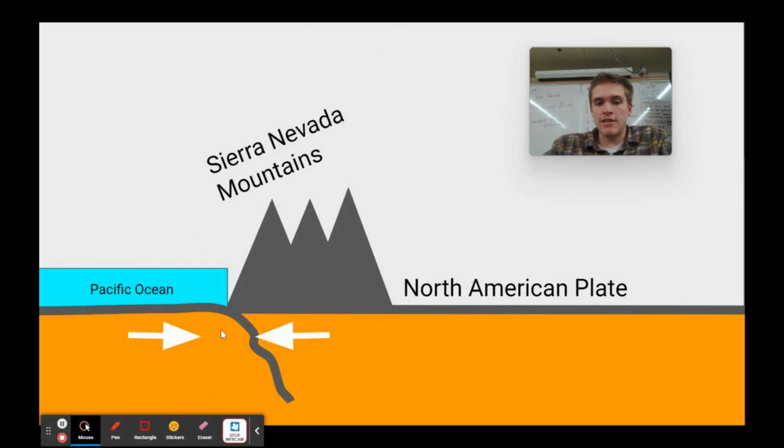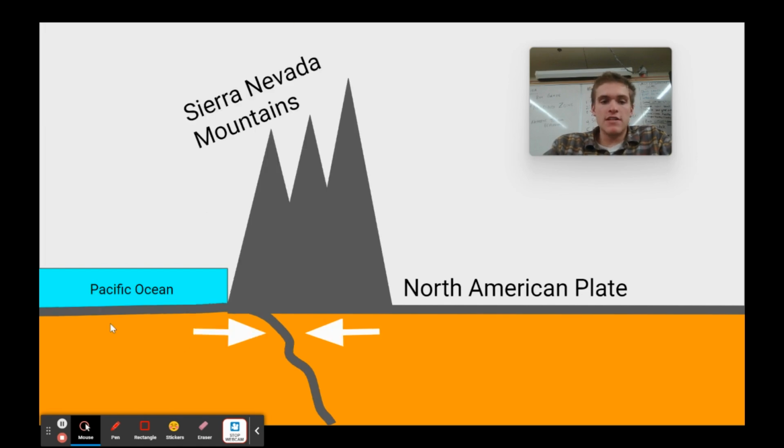When these two plates crashed together, creating a convergent plate boundary, the Sierra Nevada mountains were pushed up. You can see the oceanic plate colliding with the Sierra Nevada mountains and the tectonic plate going back down into the magma.